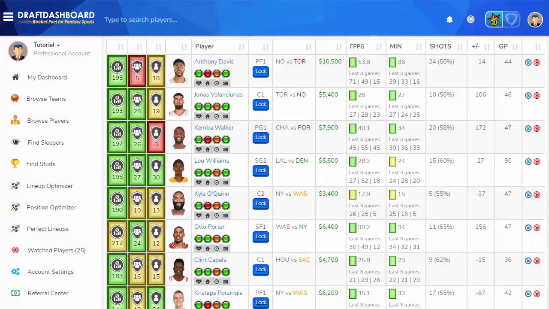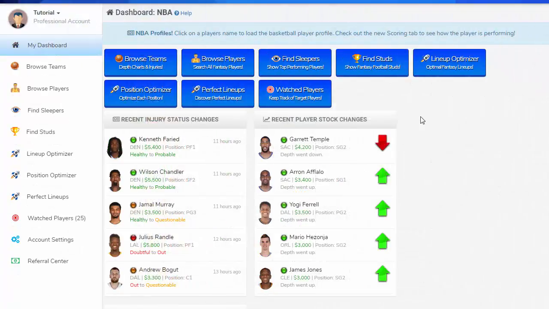If you're a fantasy player that likes to play more than one lineup every day or every week, we have tools that will let you save the lineups that you like best and then export them into the daily fantasy site of your choice. So while everything's fresh in your mind, load your draft dashboard tools and start creating winning